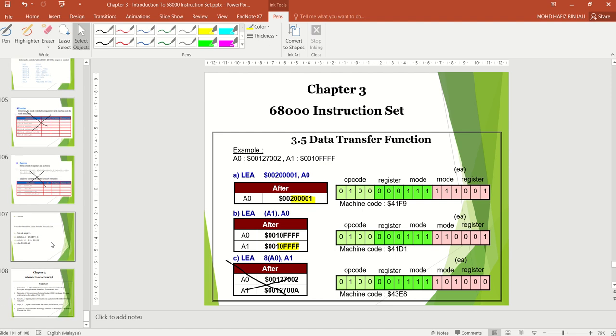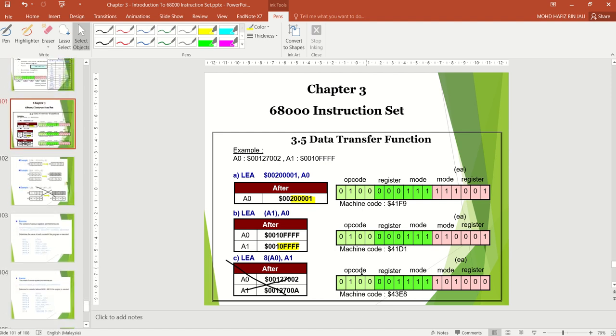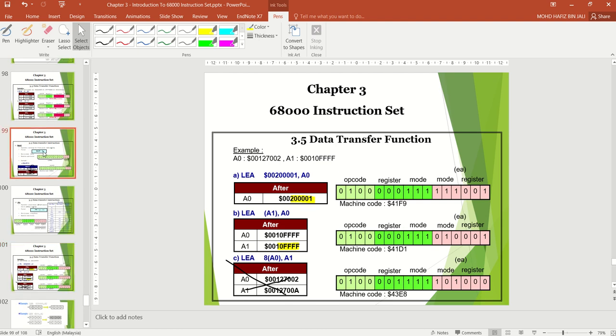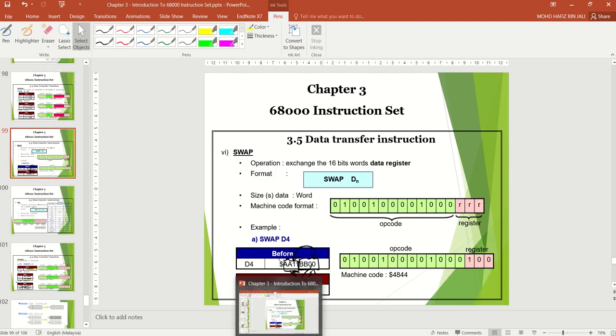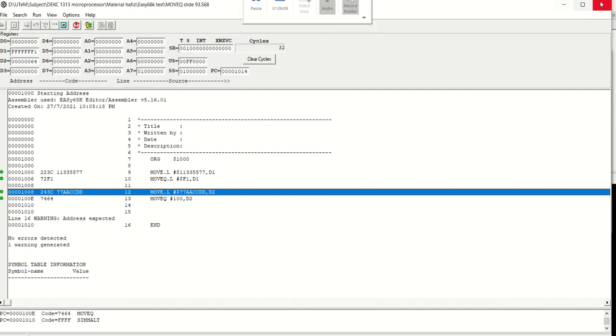Let's see the simulation of these three: exchange, swap, and LIA.